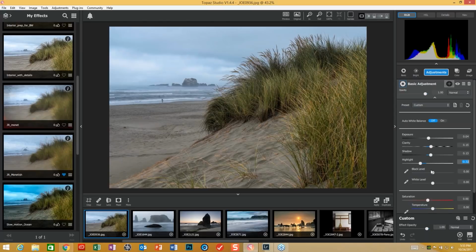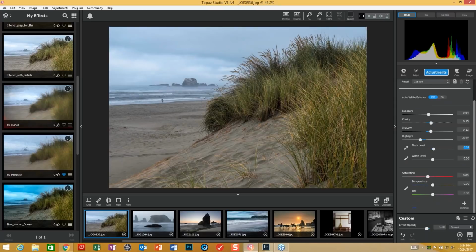The black point I'm going to adjust a little bit because I'm right up against the edge and I don't want to clip. So we'll just move that off, and the white point the same. We're all right. We're not at the edge. Saturation is fine, but next is going to be an adjustment for